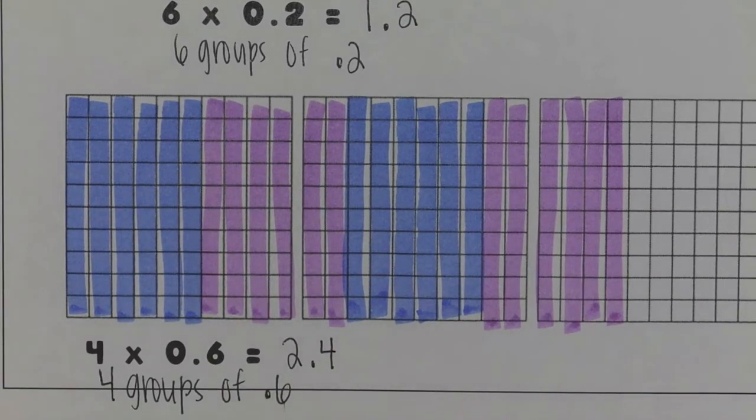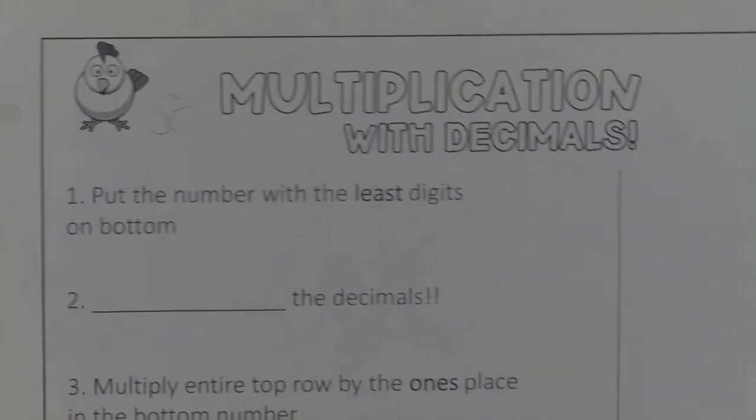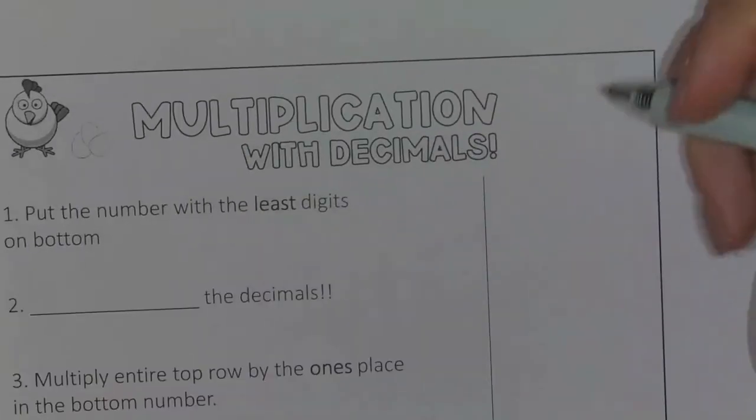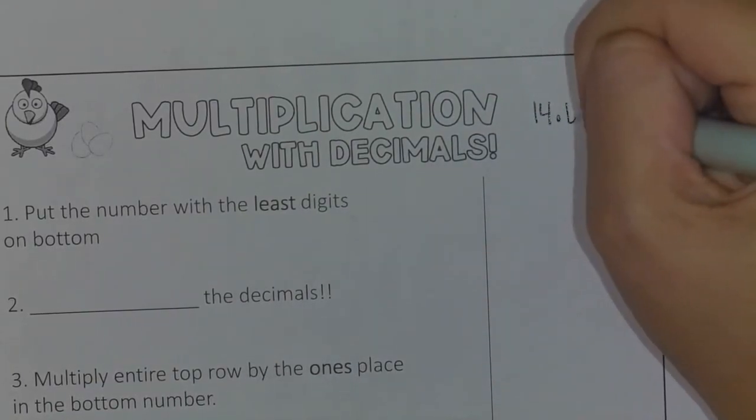But again, like I tell my kids all the time, we're not going to draw models every single time we need to multiply. We also need to know the algorithm. What does this look like without pictures? So let's talk about our algorithm, okay? Now, the good news is we've been talking a lot about multiplication this week, and the process is still the same. So if I give us a problem like 14 and 6